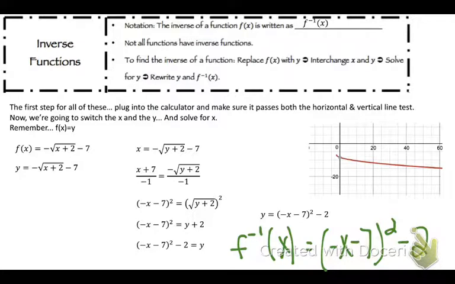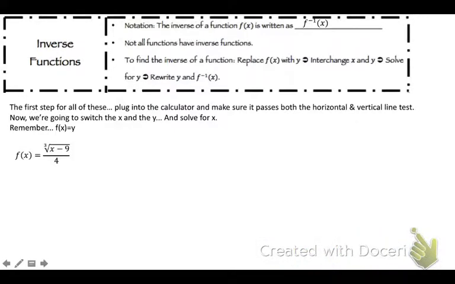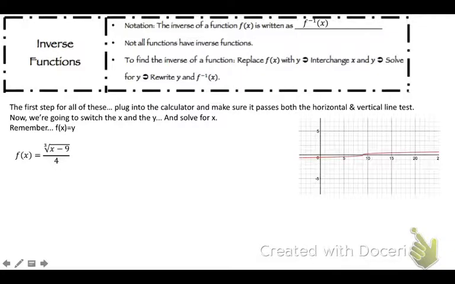Okay? Let's do this last one. So first, we're going to plug it into the calculator, make sure it works. You get a graph that's about like that. That passes both of our tests, so we're good. Then we have y equals the cube root of (x minus 9) divided by 4. Switch my x and my y, so you get x equals the cube root of (y minus 9) divided by